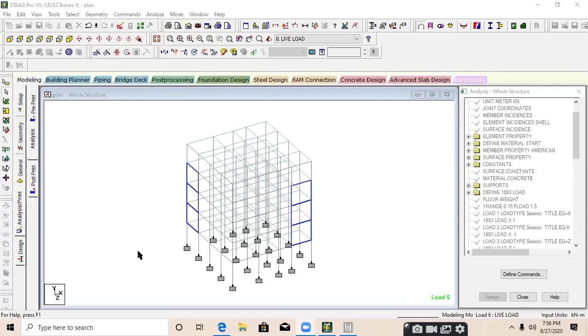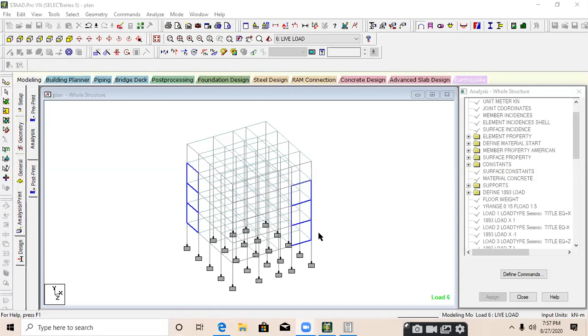To check whether the provided shear wall is correct or not, suppose you are designing a building and you are not providing any shear wall in that particular building. Suppose the first model you have created has no shear wall, but some columns fail. Why do they fail? Because of the maximum horizontal forces. That's why the columns and some beams fail. So you need to provide a shear wall there to resist that particular force.